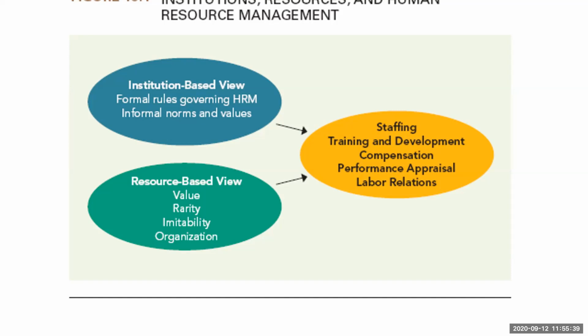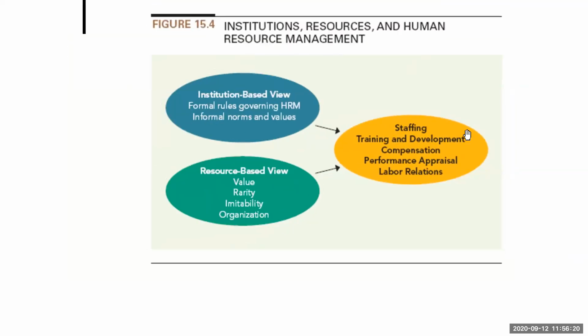Then we have seen the resource based view, where the company will take a call for an expat because the expat is providing some value. The expat is basically disseminating something which is rare, right? Some process knowledge, technical knowledge. Those things are factored from the resource base. That's more internal to the team, to the firm. So all these combined, they actually dictate the staffing decisions, the training and development, the compensation, performance appraisal, and the labor regulation. All the slides which we saw before.